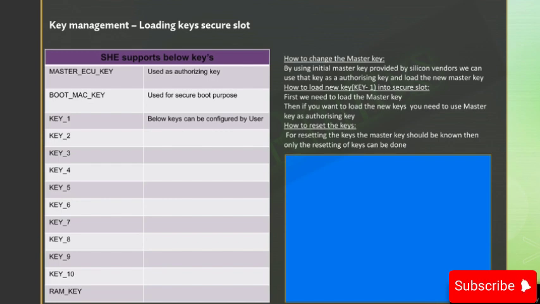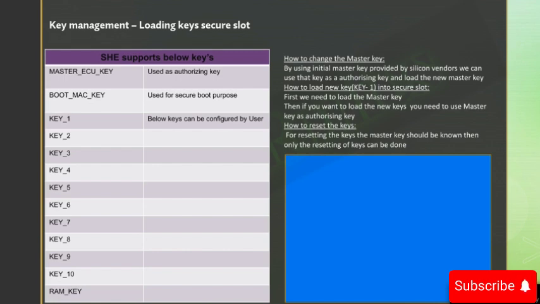Let's see this in depth in the secure boot session, and this key is also reserved. Then key 1 to key 10 are used based on the user's needs, and they are unreserved keys. And we have the RAM key, as we already discussed, that is used to speed up our development process, and it is not a secure key.